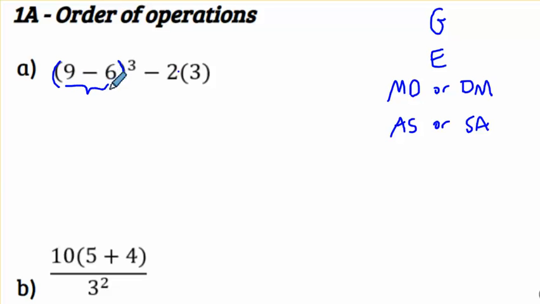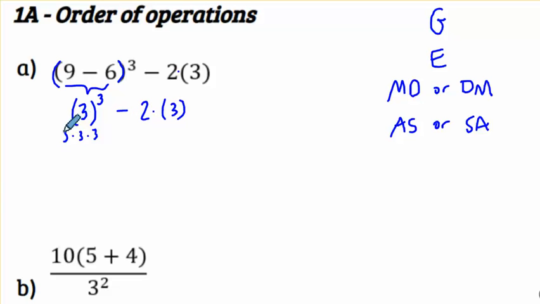9 minus 6, of course, is 3. So we wind up with 3 inside the parentheses with an exponent of 3. And then we have 2 times 3. Okay? So now we look for exponents. Well, we do have exponents right here. 3 to the third power is not 9. Okay? 3 to the third power means 3 times itself